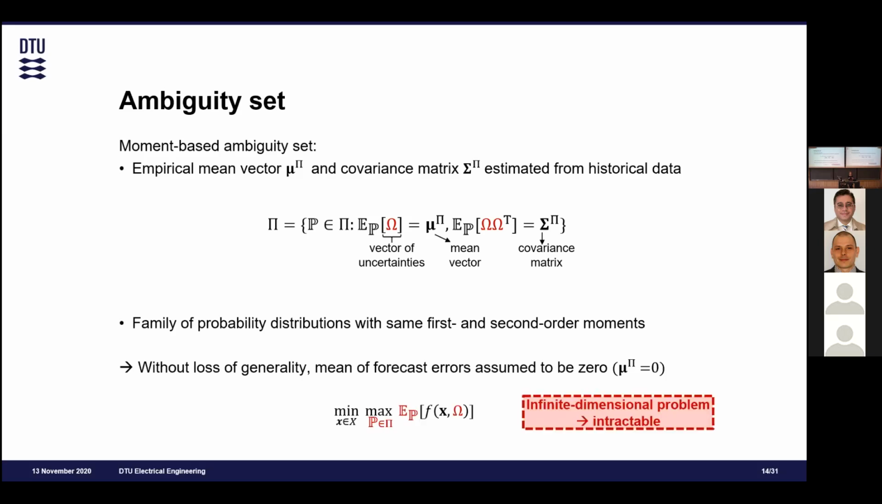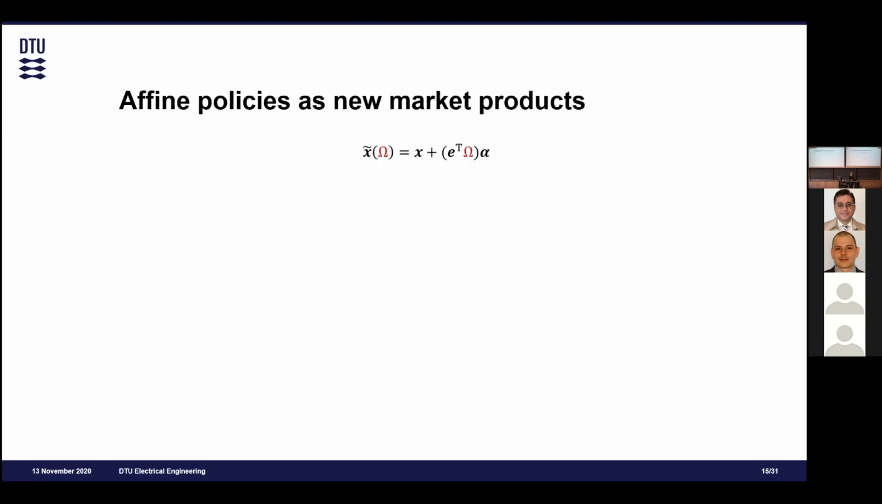However, the distributionally robust optimization problem is intractable due to its infinite dimensional nature. So we need to take several more steps to reformulate it in a tractable way. First, we choose to model recourse actions for real-time adjustments as affine policies. So the stochastic variable x tilde is expressed as the sum of tentative day-ahead schedule and a linear response to